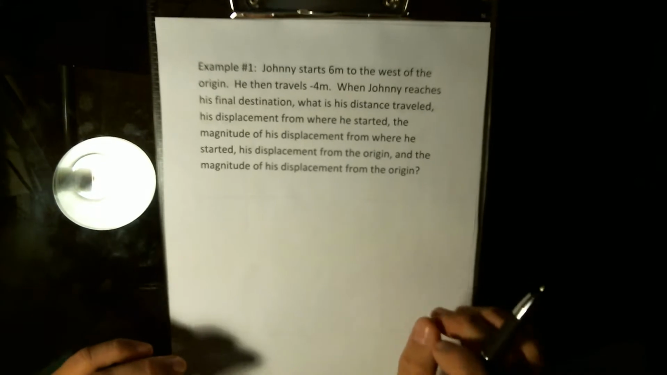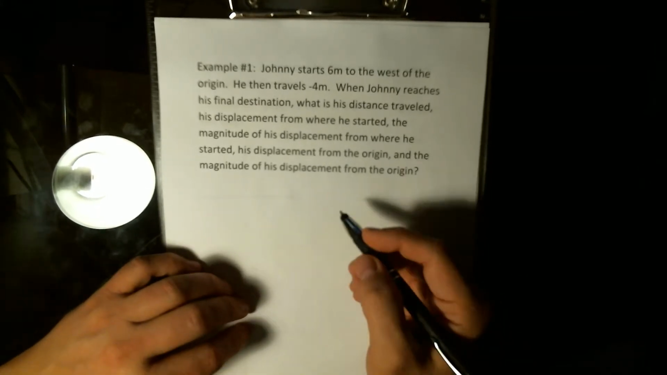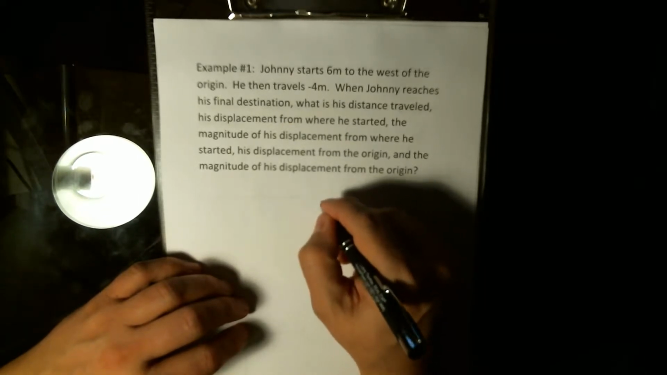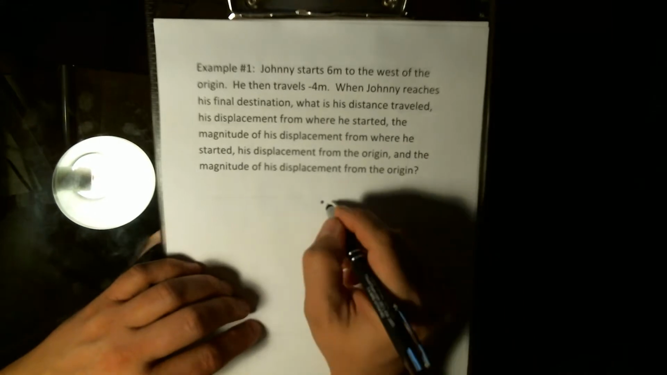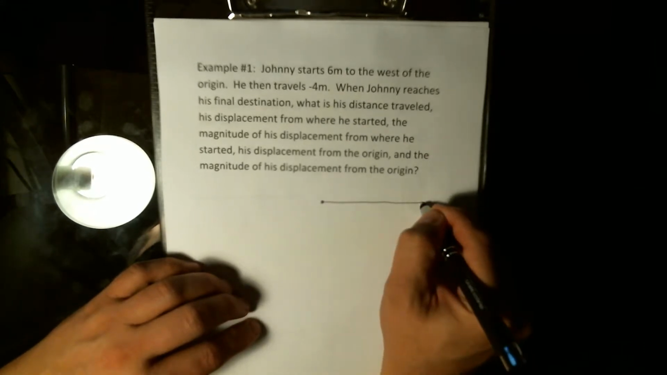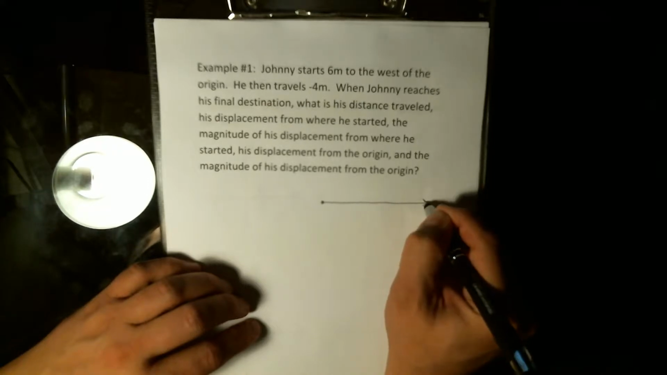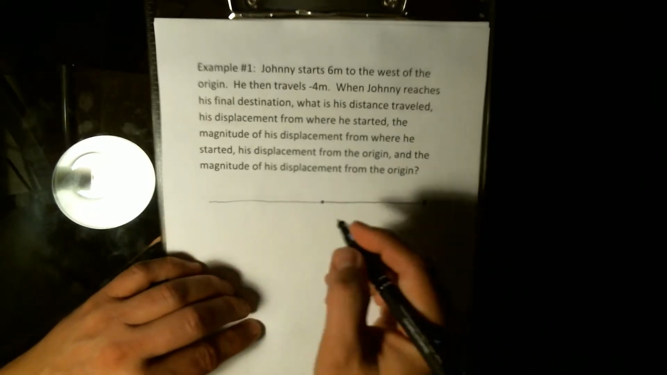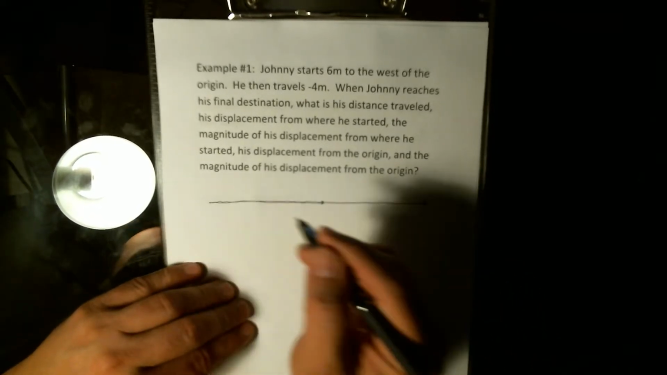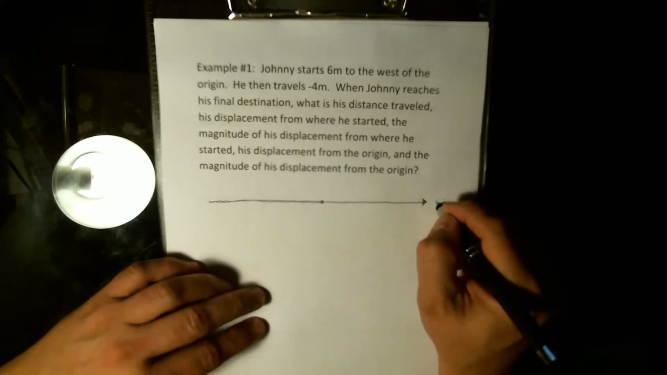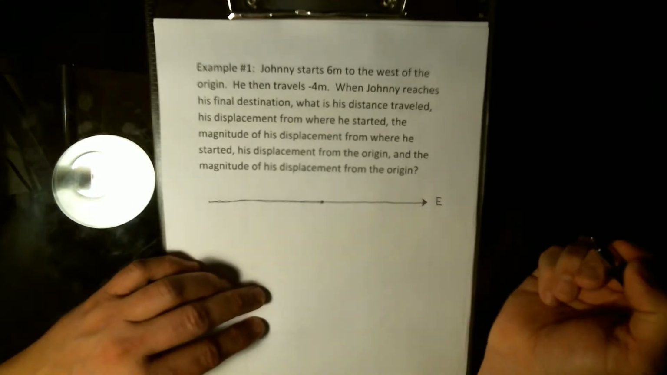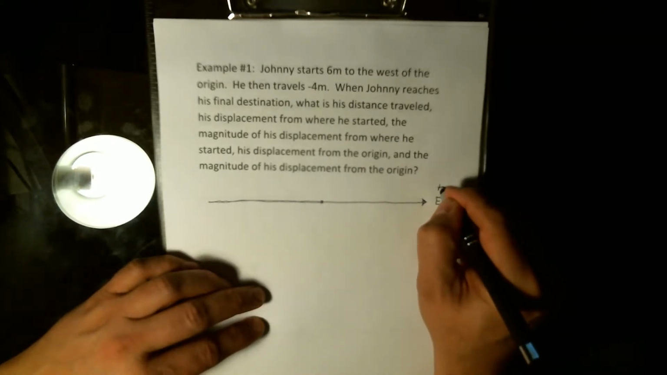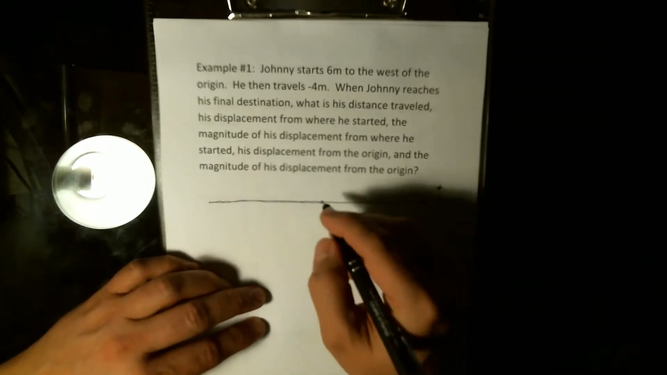So let's work through it together. First thing I should do is draw a picture. So I'm going to put my origin right here. I'll keep it normal, kind of standard. In general, in most maps, to the right is going to be to the east. So I'll make it to the east here. So if to the east is positive, and this is the origin,